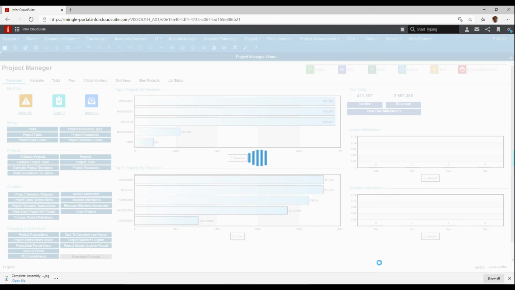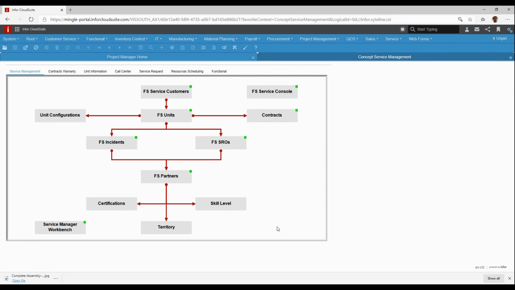Service management. Full service management. A lot of companies today not only produce products, but they service those products. They have field service for those products. They'll have warranties on those products. They'll take calls from customers for incidents. So all of that is captured in a full service module within CloudSuite Industrial, where you can schedule service partners and field service folks, whether they're employees or contractors that are doing that for you,